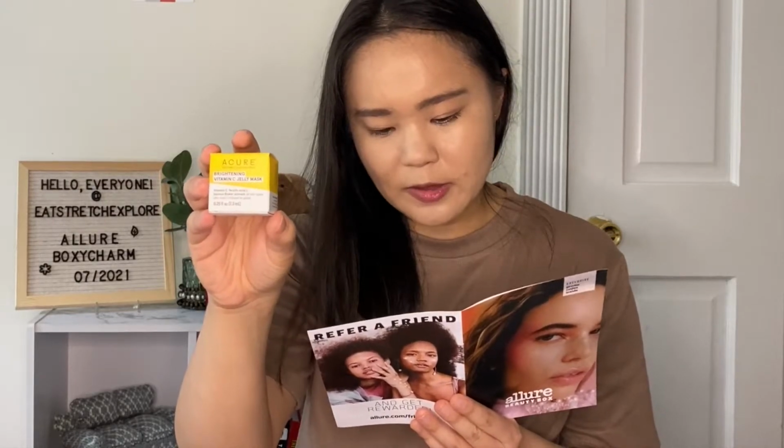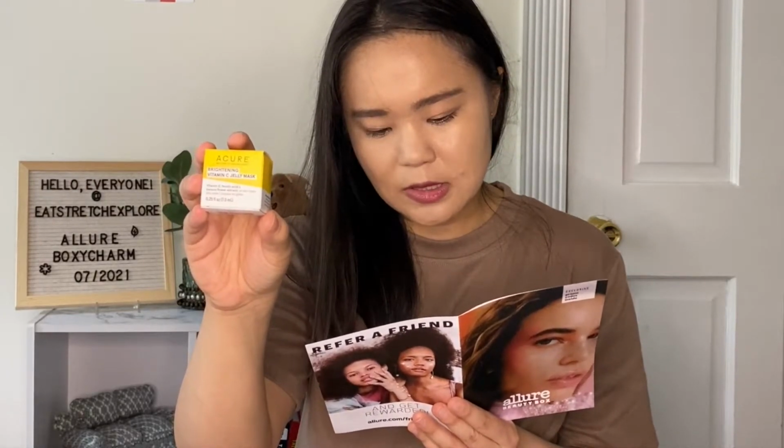The next product in here is something I'm actually excited about because I've liked all of the products from Allure. This is the Allure Brightening Vitamin C Jelly Mask. I just found summer in mask form. The sheer illuminating mask reminds me of watermelon jello in the jar, light pink and bouncy, and feels cool and